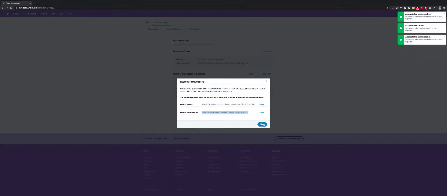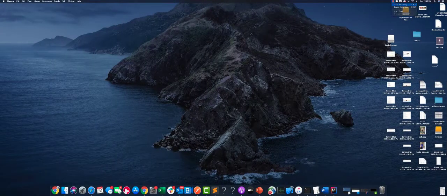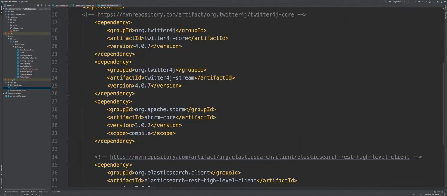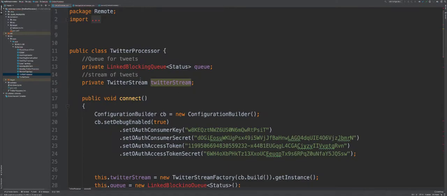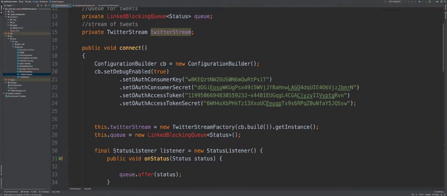Once you regenerate, you need to use those keys in the Twitter app, and we will walk through the details. What I've done is create a simple Maven Java application, and in that application I have imported 2 APIs, Twitter4j core and the Twitter4j streaming API. I have listed them in the POM file. These are the 2 dependencies you can add in your POM file: org.twitter4j stream and Twitter4j core, right? I will also be publishing a link for this code, and you can always download it.